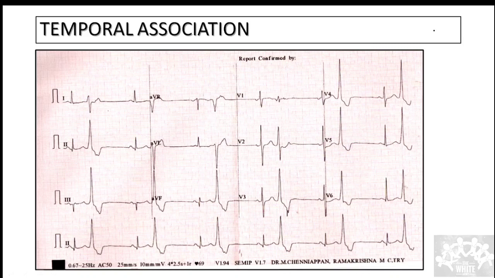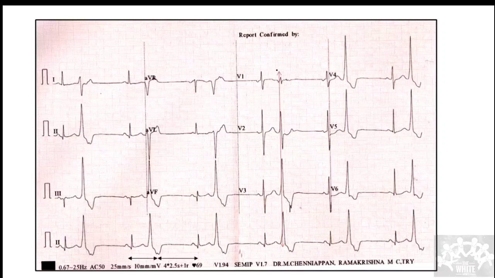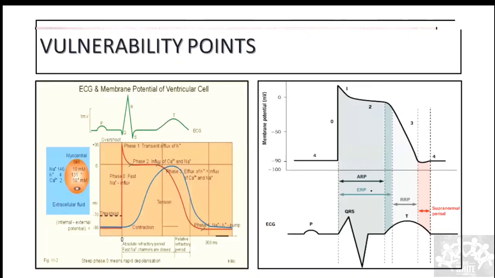Very important, especially when you diagnose arrhythmias. It should be very clear. Many times, the P wave is the first important thing when you diagnose arrhythmias. If this is missed, your complete diagnosis will be missed. That is why it is very important. So this is what is shown here. You draw a temporal line like this, which indicates temporality. Okay. So this is called a vulnerability point.